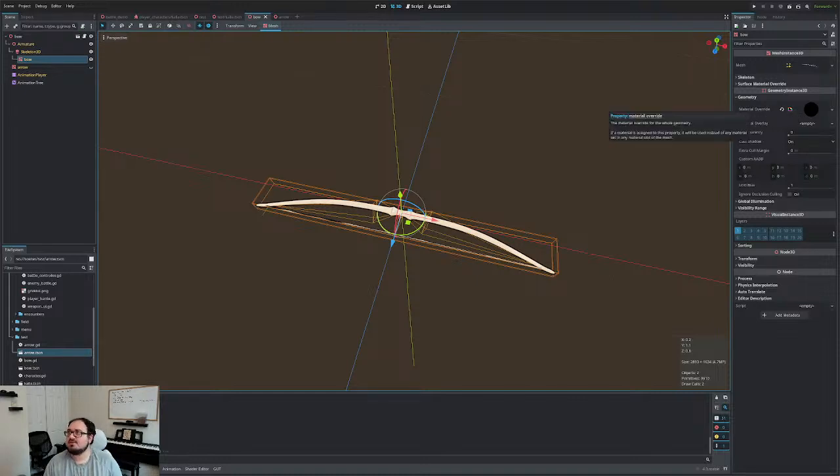And then that should fix the problem, right? So we just have to access this. This is probably actually a good, this would be a good argument for actually making the arrow a separate scene from the bow. I guess, because then you don't have to worry about the material also having to be assigned. But in this case, they basically are sharing the same texture, the same material, so